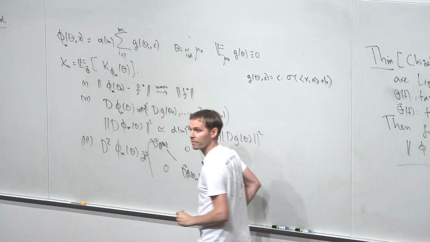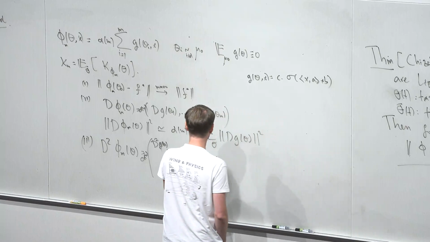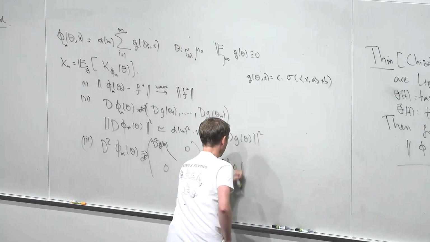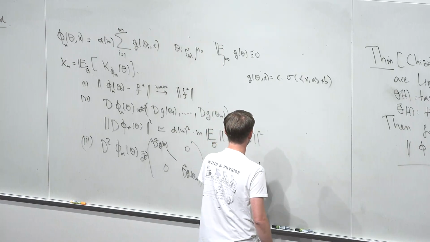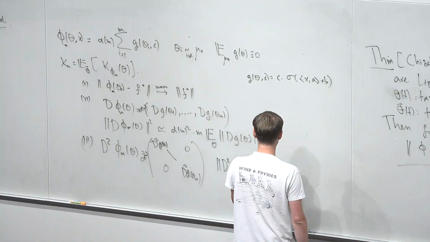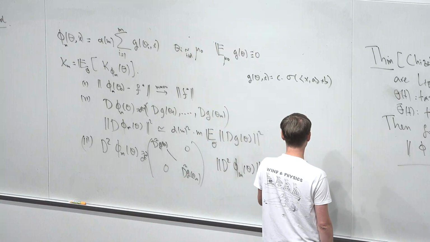Zero, zero. Correct? So what is the norm of this guy? Again, it's alpha of m times the expectation of